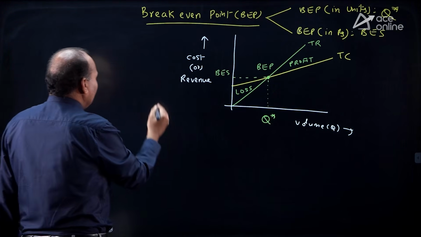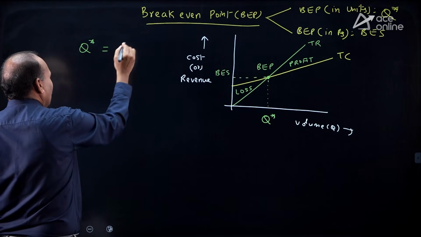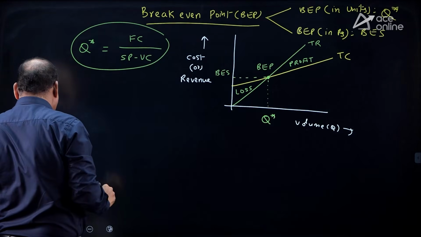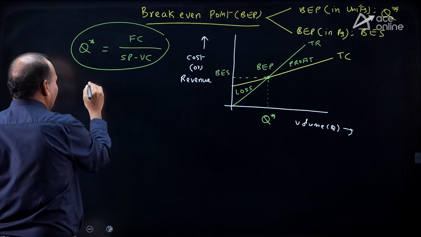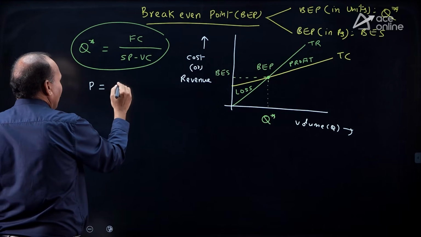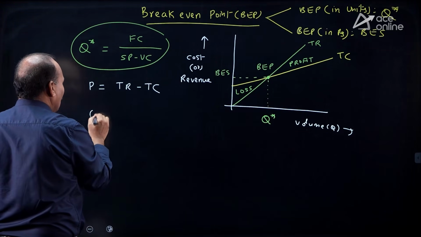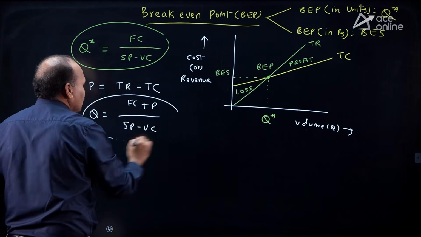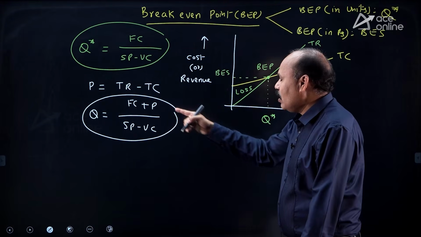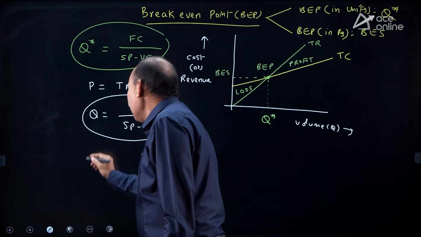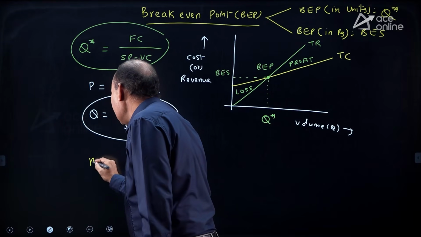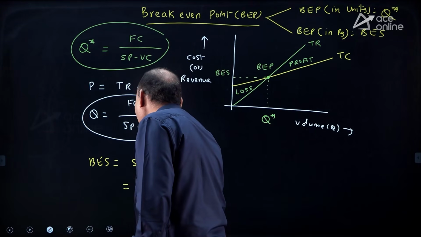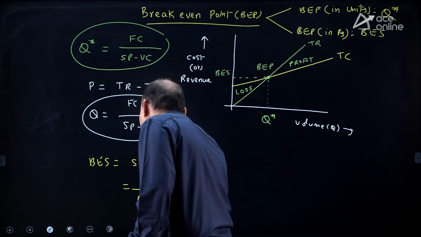What is break-even volume? Break-even volume Q star is equal to FC divided by SP minus VC. Suppose to get a profit P, what is the volume? Profit is equal to revenue minus cost, and Q will become FC plus P divided by SP minus VC. This formula we use to get a profit of P. How many units you have to produce? Q. And break-even sales is equal to SP into Q star, or equal to FC divided by P/V ratio,